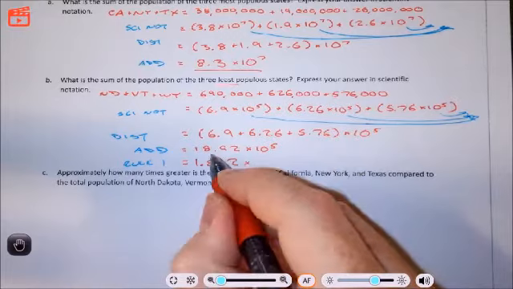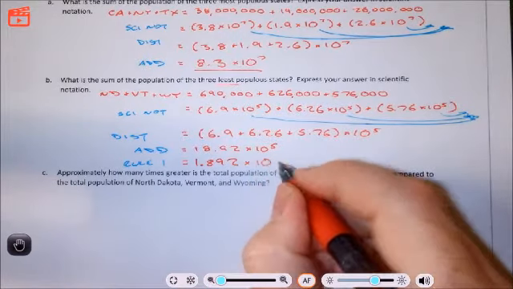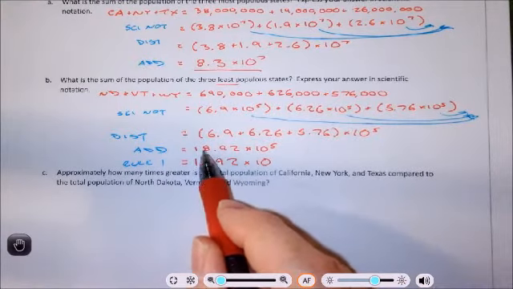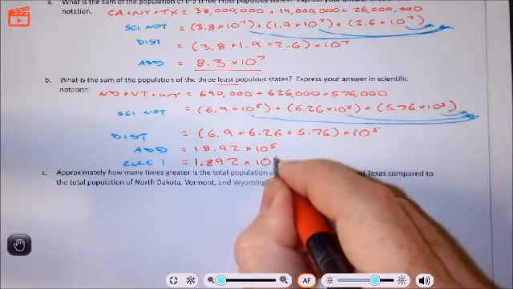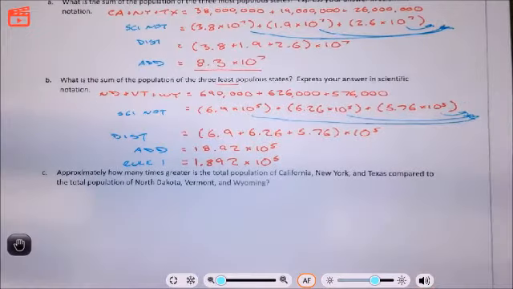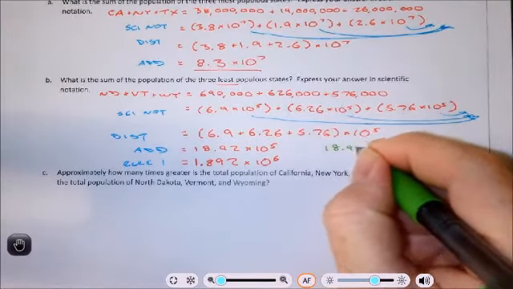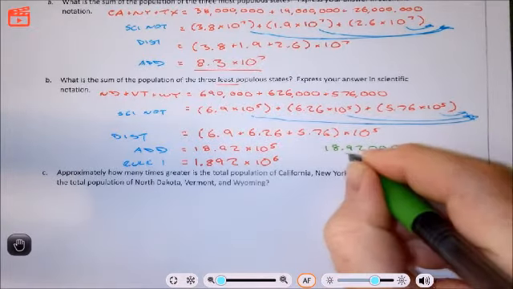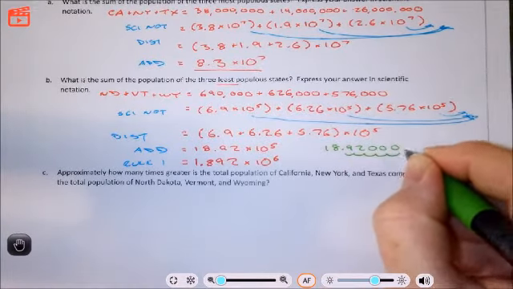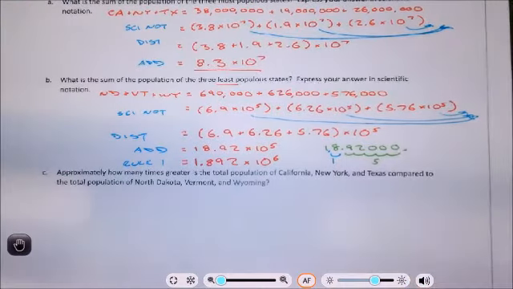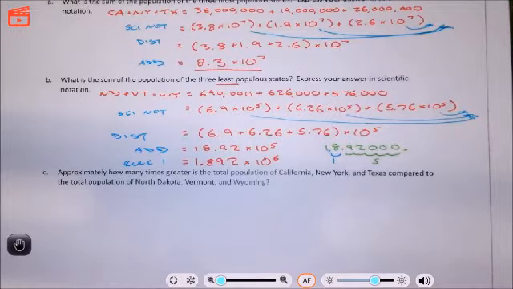But when we change the decimal, we have to change the order of magnitude. Remember, there's already 5 here. I gave it 1 more, so it's going to be 10 to the 6th. Because 18.92 jumps 5 spaces right here, and I want to jump one more to make it 1.892. Okay, so now,